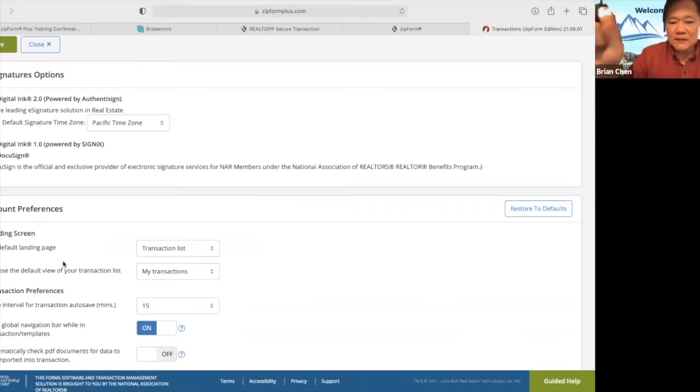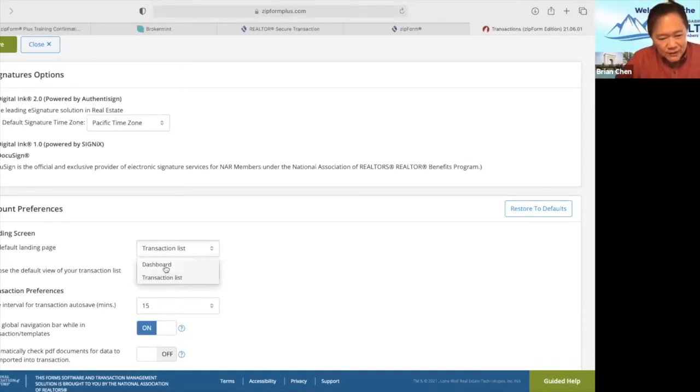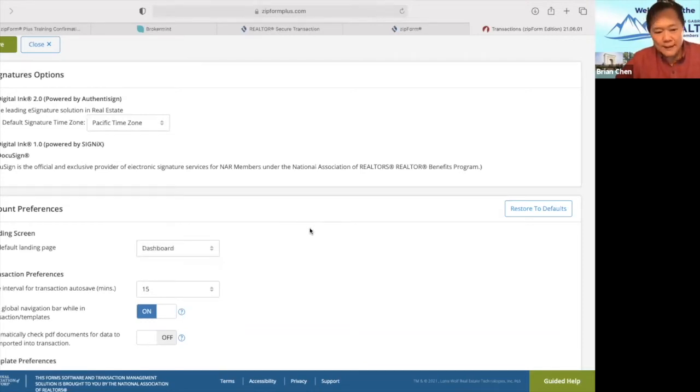When you sign into zipForm, where do you go immediately? Okay, I have a transaction list. You see that? That's why when I log into zipForm, it goes to my transactions list. Some people like it to go to the dashboard. So if you change to the dashboard, okay, and you save, and then when you go back,